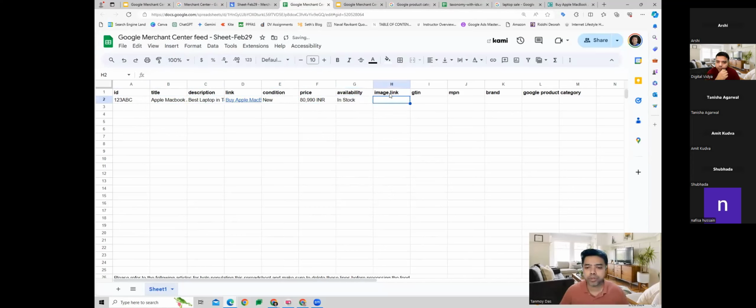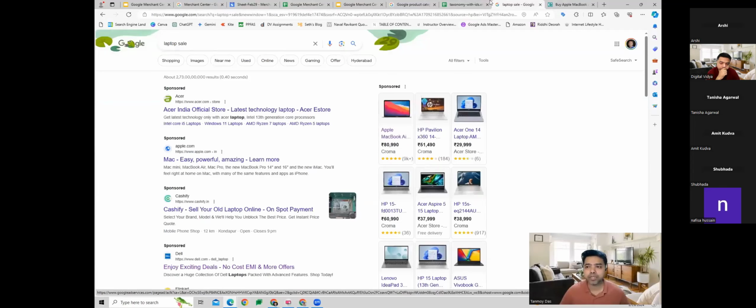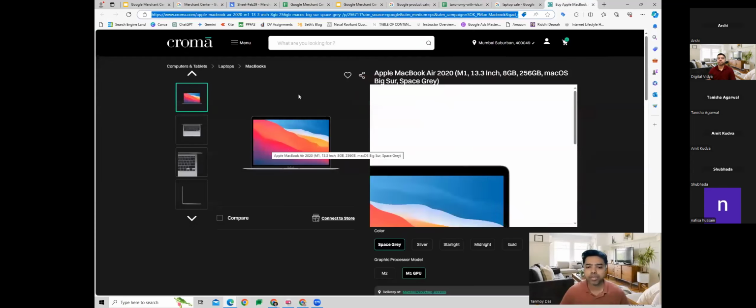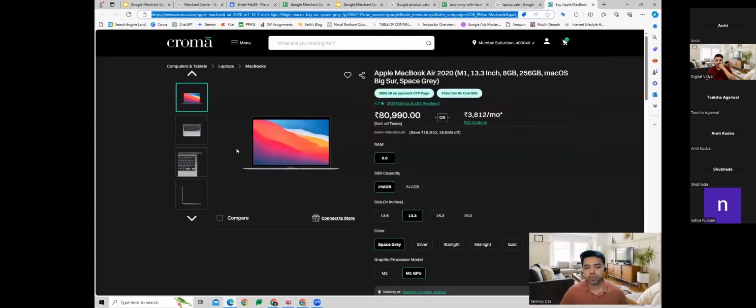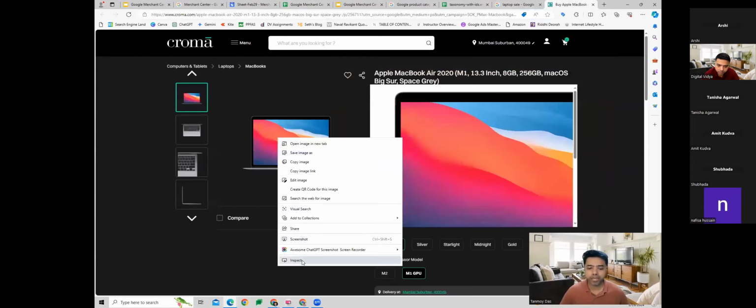And then we have to also give the image link. Image link is the link of the image. So like in this case, you can see there is an image of the product. We need the link of this image because that will also be needed to create this ad. So you can get this image from your programmer who has designed your page. So ideally, this will be a .jpg or a PNG file, something like this.